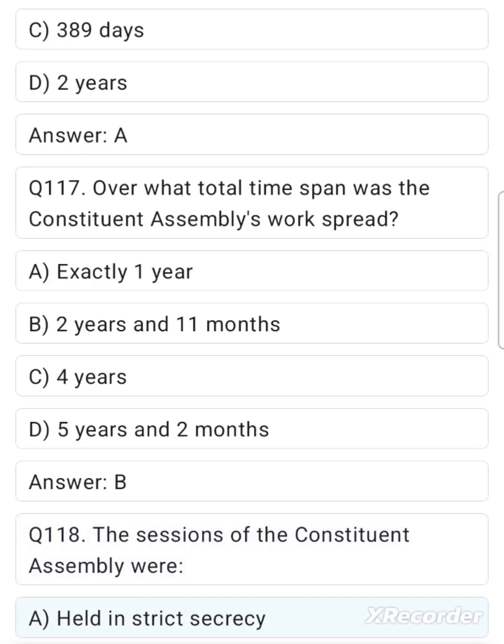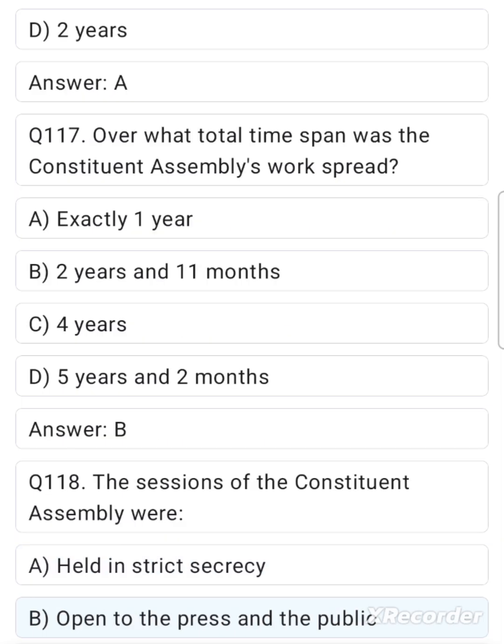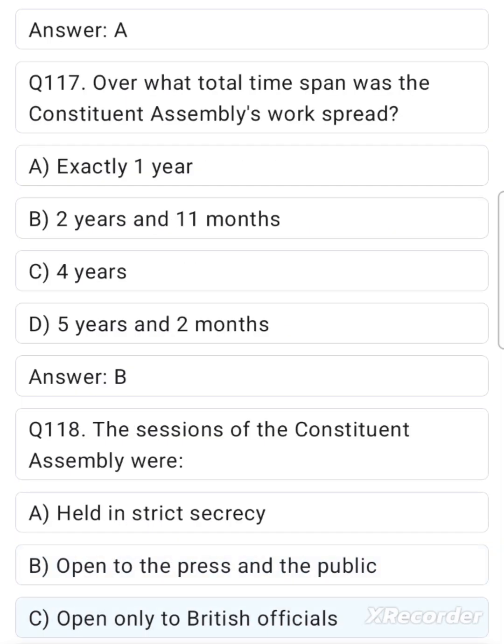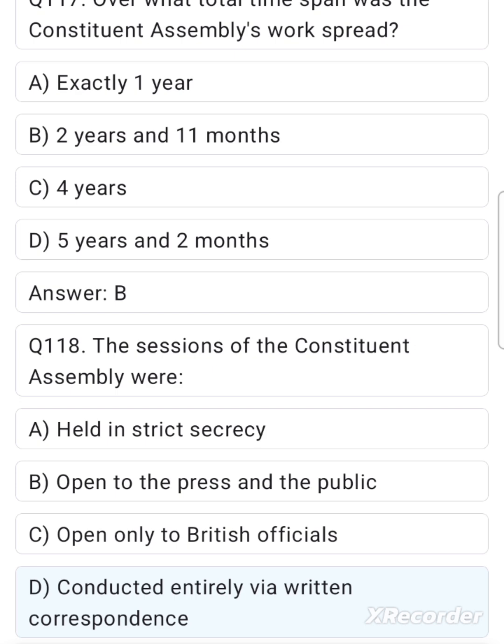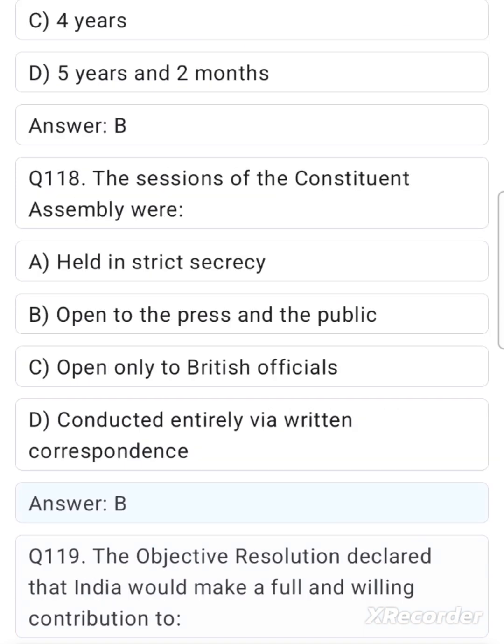A. Held in strict secrecy. B. Open to the press and the public. C. Open only to British officials. D. Conducted entirely via written correspondence. Answer: B. Q 119. The objective resolution declared that India would make a full and willing contribution to